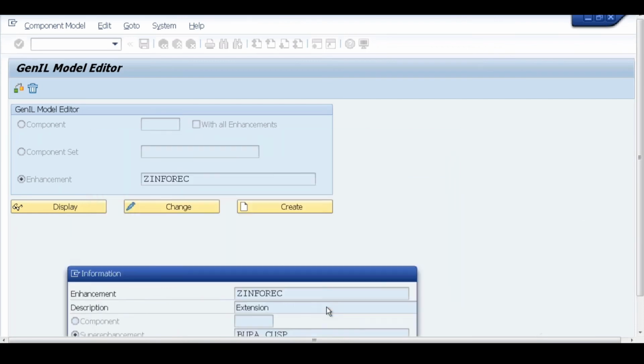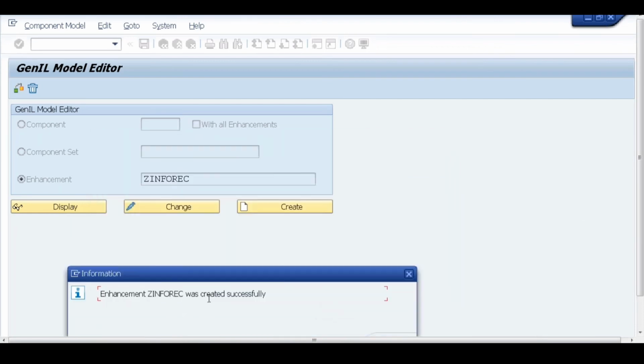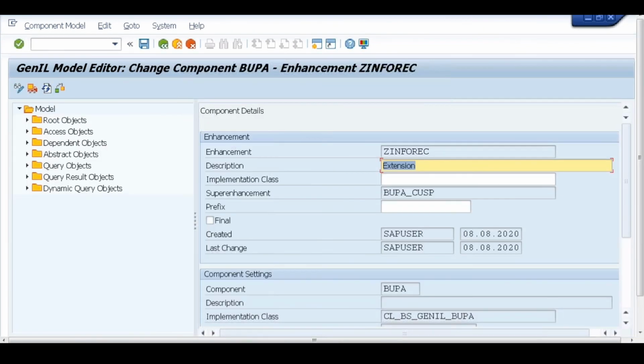Okay. Save it in local object. So enhancement Z info record created successfully. Okay. Now